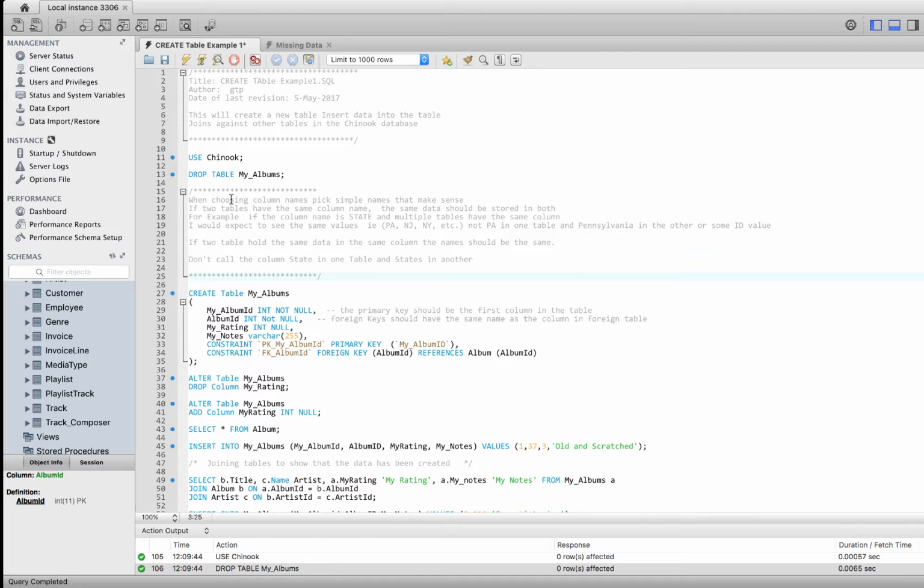My rating, int, allows nulls. My notes is a varchar 255, and this is typically a text field that we're going to put into our table to allow us to write some comments in there. The next two lines are what we're going to call constraints. And a constraint allows us to check on data input to make sure that information being entered is correct and